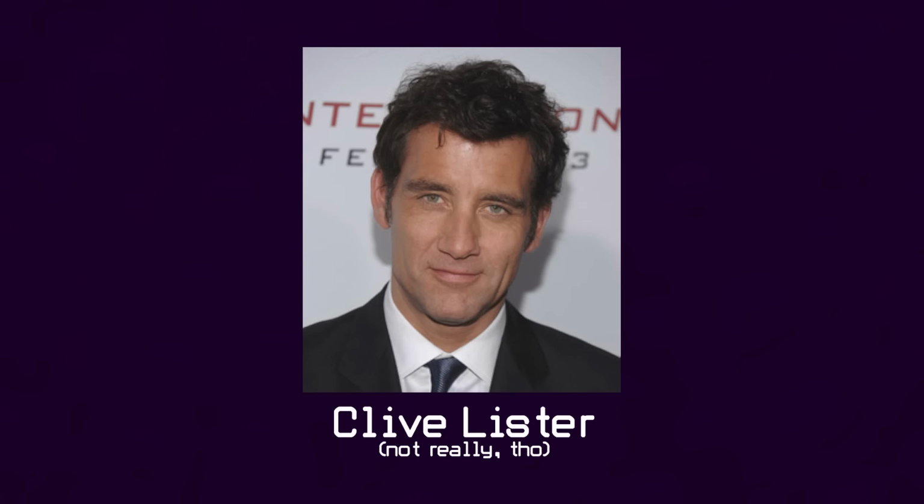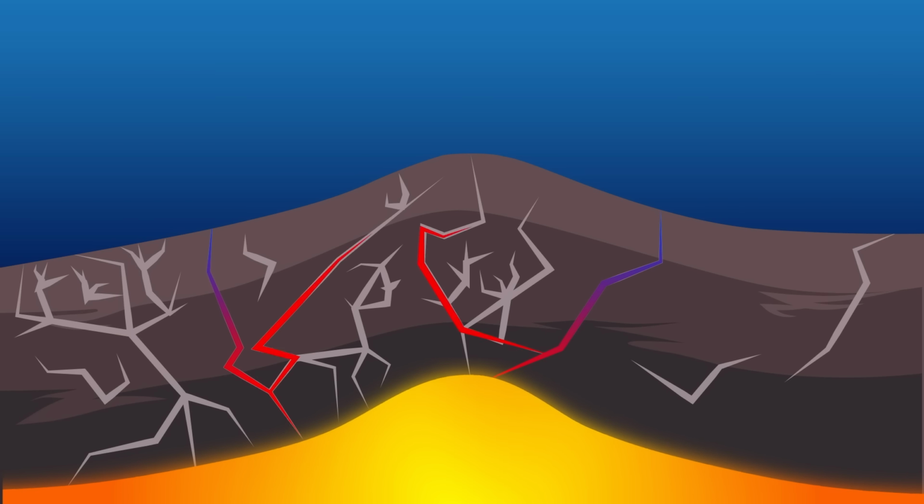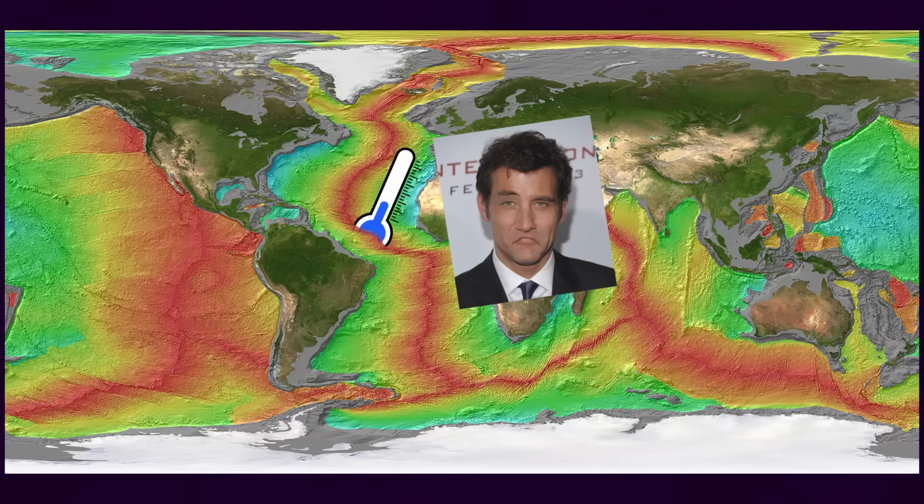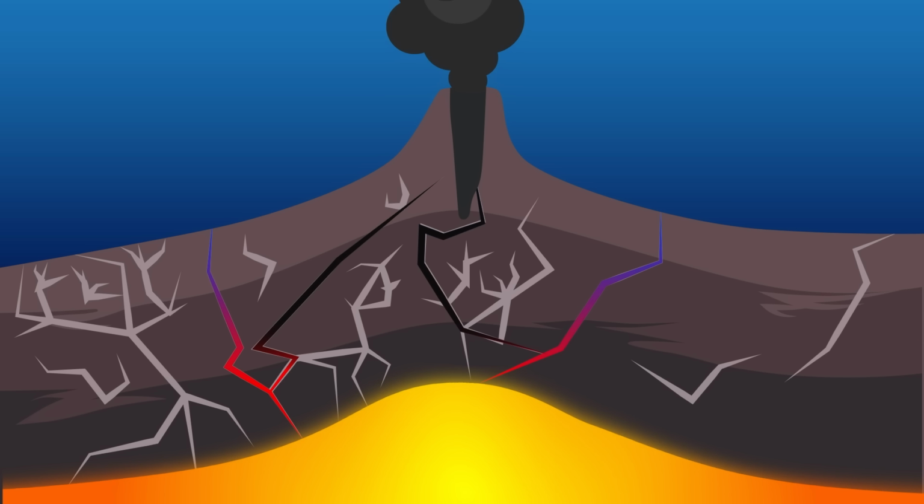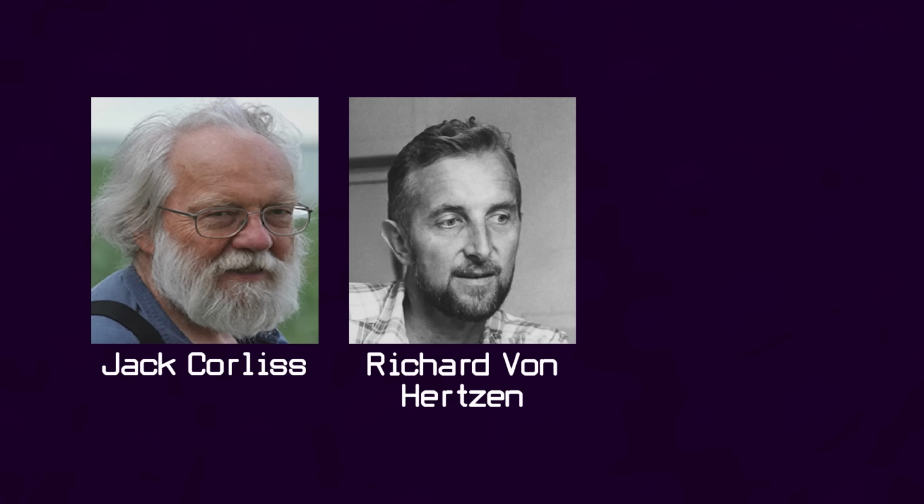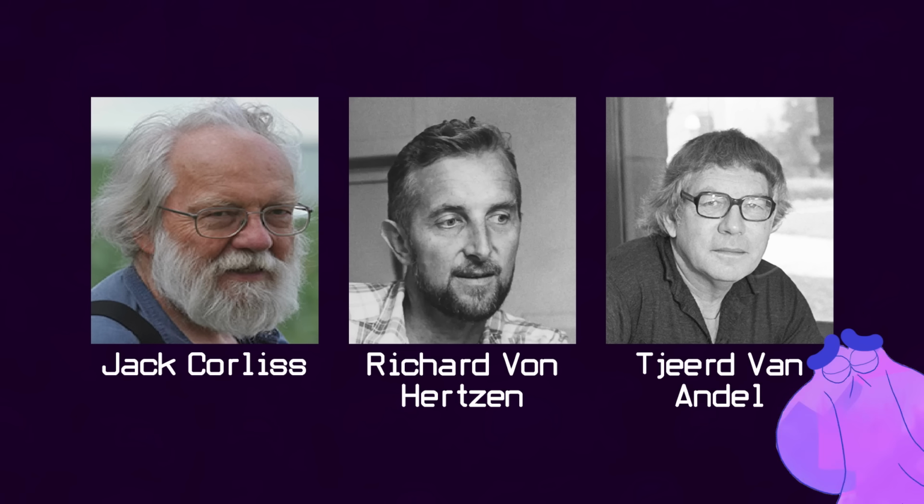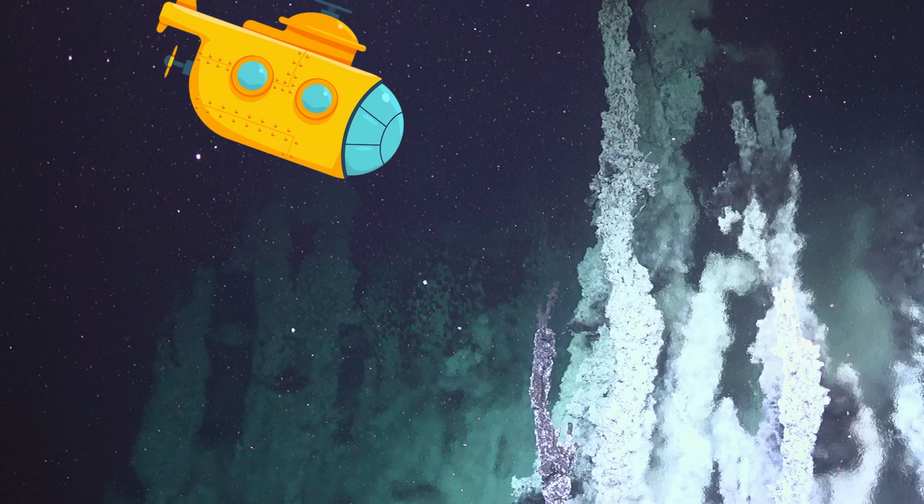He proposed all this, basically. Seawater seeps into the Earth's crust, gets super hot, and then comes venting out, which takes a bunch of heat with it, as an explanation for the temperature discrepancies he was seeing. Backed by this hypothesis, fellow geologists Jack Corliss, Richard von Herzen, and Tjeerd van Andel, I'm so sorry to my Dutch viewers, all jumped into a submersible, went to the bottom of the ocean, and found a deep-sea hydrothermal vent,